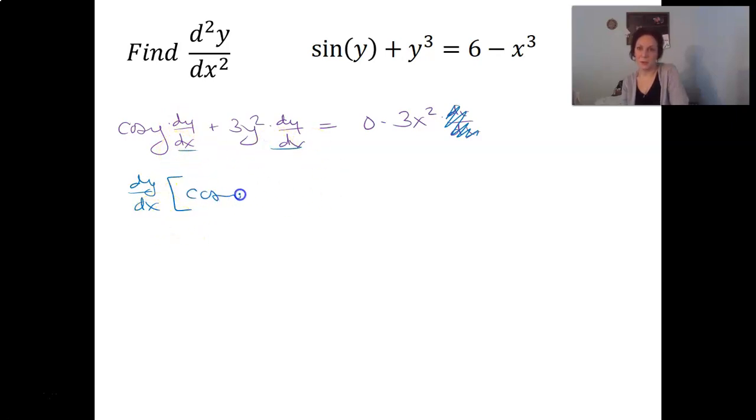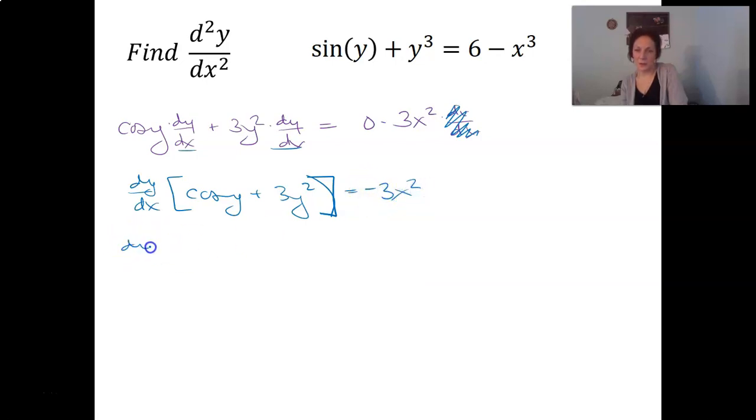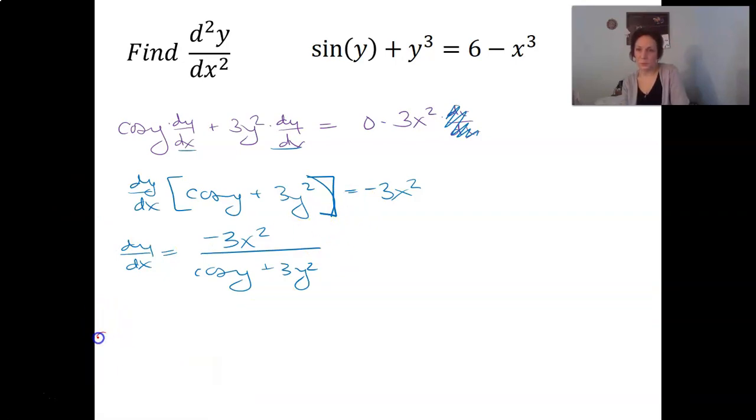So I got cosine of y plus 3y squared over here, and a negative 3x squared. So my derivative, and so often do they come out to be quotients. Just because of the nature of how the algebra comes out. There's my first derivative. So my second derivative is going to be a quotient rule. So let's go. Cosine of y plus 3y squared times the derivative of my numerator, which is negative 6x dx dx,